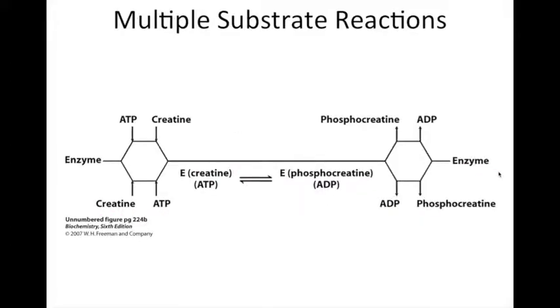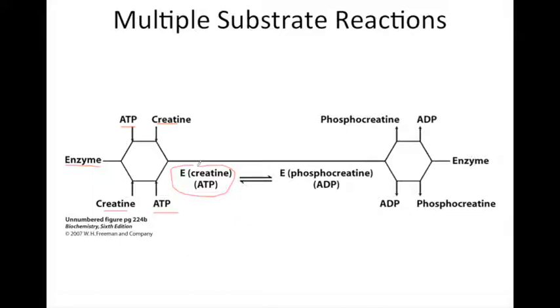So looking at a diagram of this, we see that we start with just the enzyme, and the enzyme can bind either ATP or creatine first. So the binding sites for both of these are available. So either one could bind in any order. Then the other substrate would bind, and of course you end up there with the enzyme and then a creatine